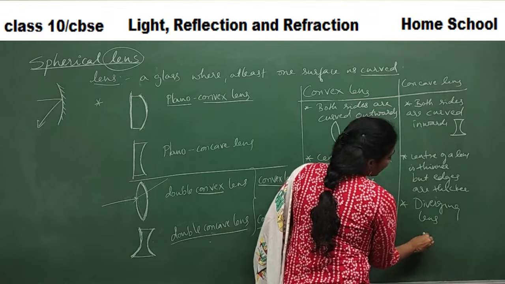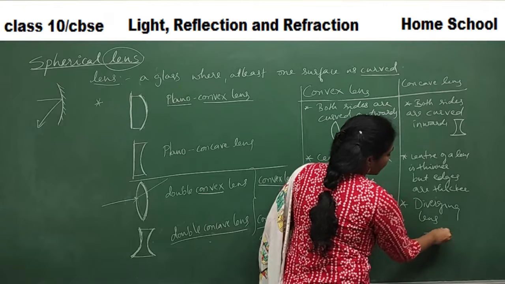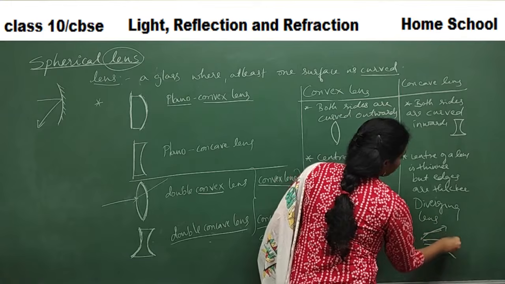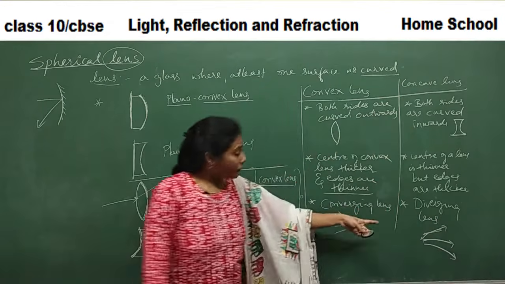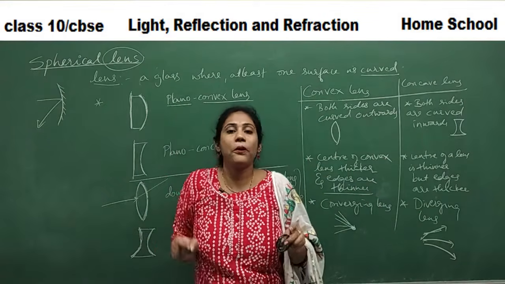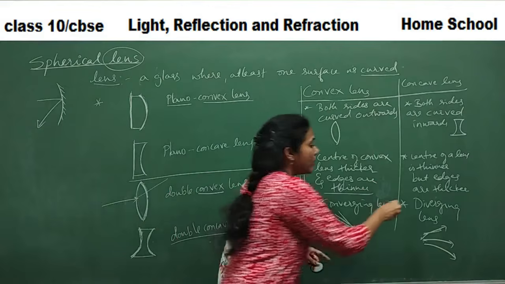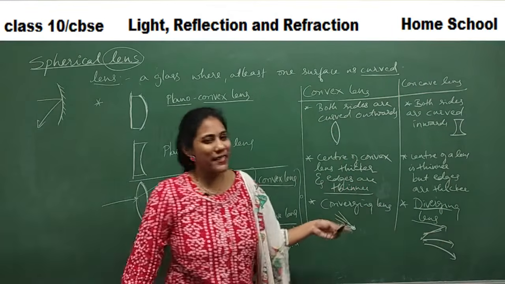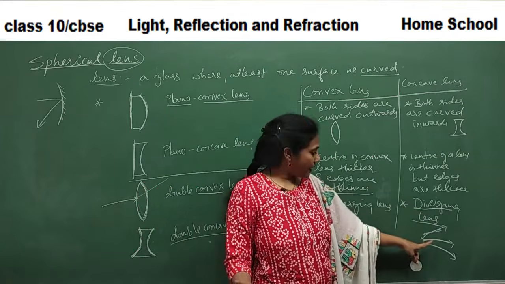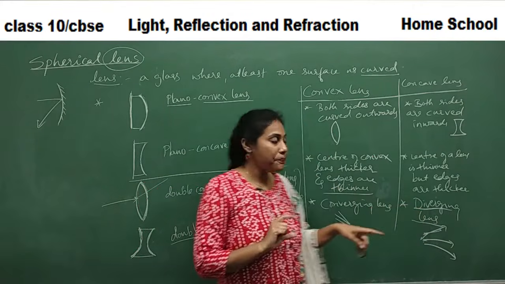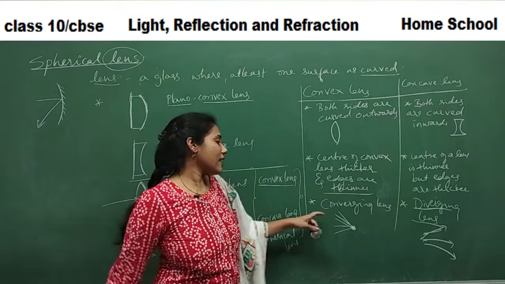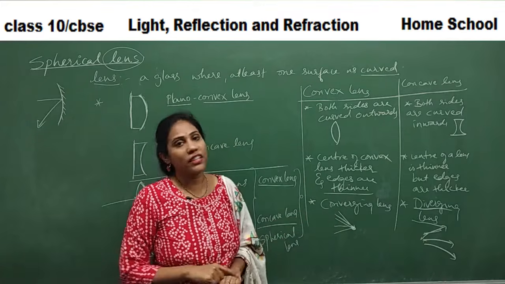That means the rays actually diverge. The rays diverge from a particular point. So the refracted rays diverge. They go away from each other from a particular point. That's what we call divergent. All these basics we know. So since divergence of refracted rays is seen here, it is called a diverging lens. Here convergence, that is meeting of refracted rays, is seen here. So it is called a converging lens.